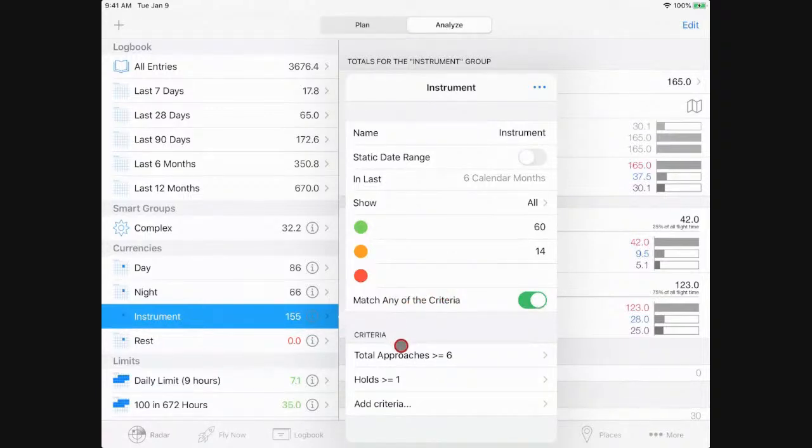This group has 2 criteria. Now you need to have 6 total approaches within 6 calendar months, 6 total approaches and 1 hold. Now I have the any selected here for this group, which means that I can filter any flights that has any of these criteria. I don't need 6 approaches and 1 hold within a single entry. I can have an approach here and an approach there and a hold here and a hold there. And it'll count up all of the approaches and see if I have, within 6 months, 6 approaches